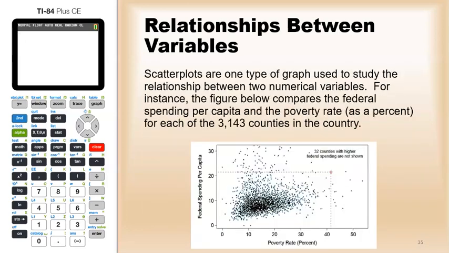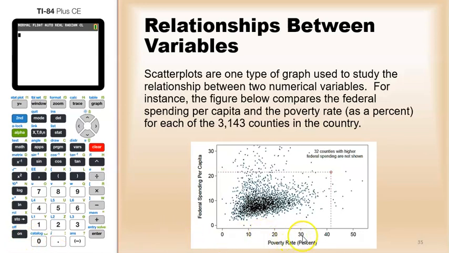For numerical questions, we can answer them by creating what's called a scatter plot. Scatter plots are one type of graph used to study the relationship between two numerical variables. For instance, the graph you see on the screen compares the federal spending per capita with the poverty rate for each of the 3,143 counties in the country. So you see that on the horizontal axis,